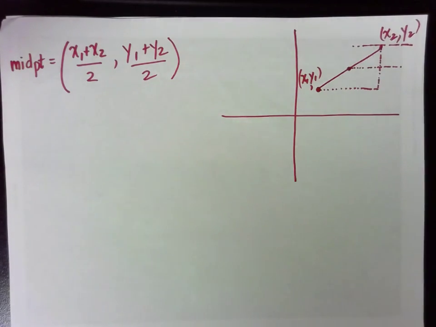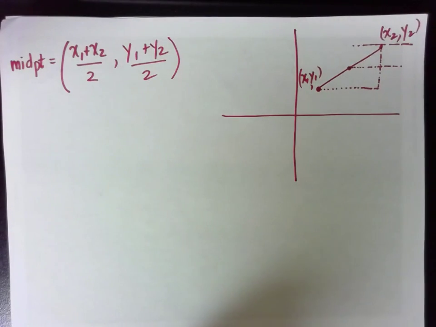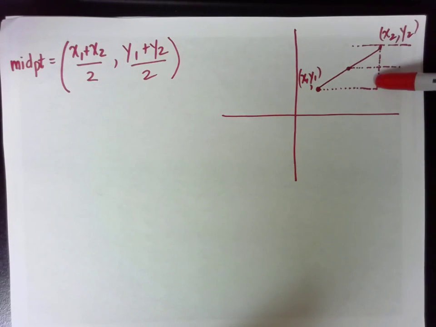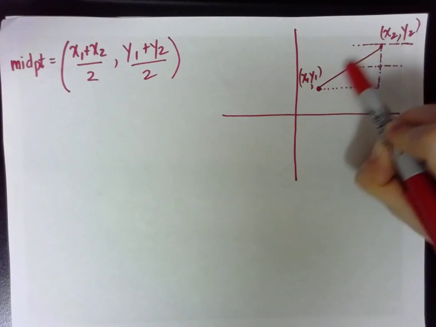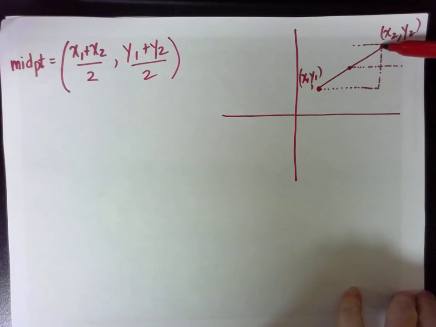So if you recall, somewhere near the beginning of the book we looked at a theorem. We even looked at a proof of it that said if you have parallel lines and some transversals that go through those parallel lines, the proportion of the segments cut off by the parallel lines on one transversal will be exactly the same proportion as the segments cut off on another transversal. So if I look at this transversal right here, which happens to be perpendicular,